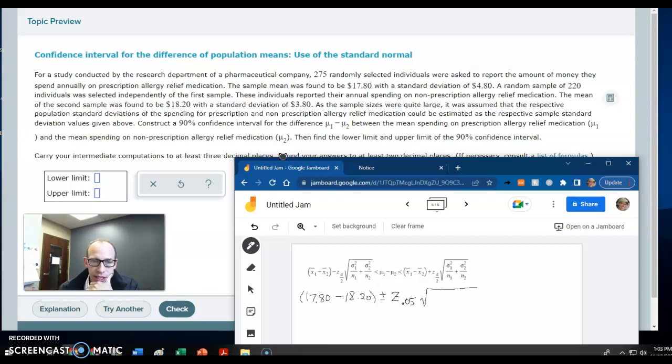pooled standard error here. So our first standard deviation is 480 squared over that first sample size is 220. And then we have 380 squared over, and the second sample size is, oh, sorry, I read that wrong. This is 275, and this one's 220. Okay, so that gives us